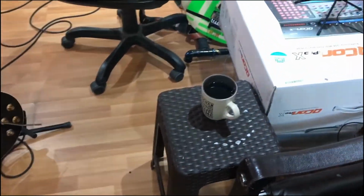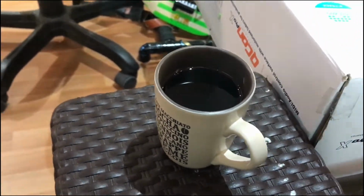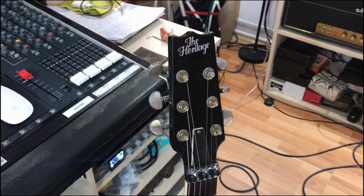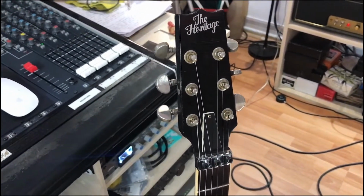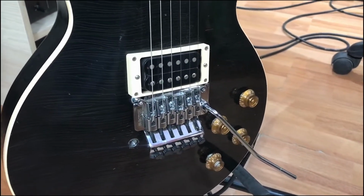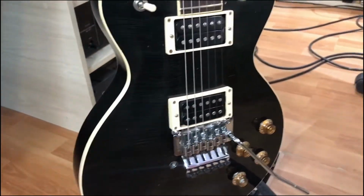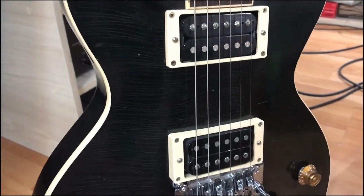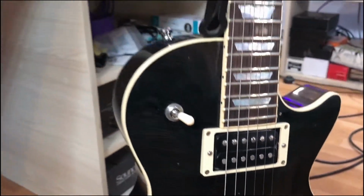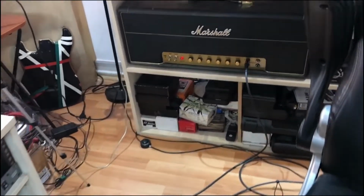So here we go in my control room. Everything starts in there, of course. This is the guitar that I'm using for recording this. This is a beautiful Heritage H150. It has a Floyd Rose installed, the God of Reach version of Floyd Rose. Beautiful. Friedman pickups, Classic Plus and Classic Neck. And that is connected directly to my